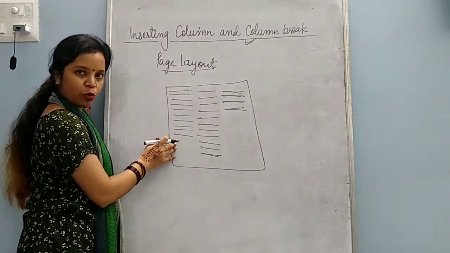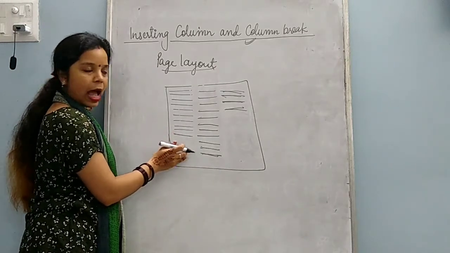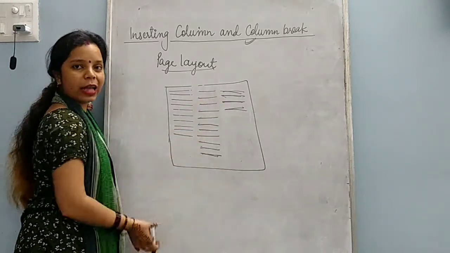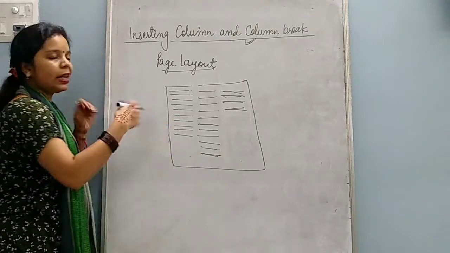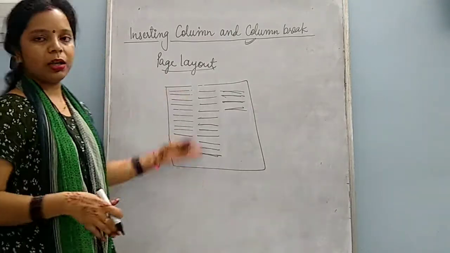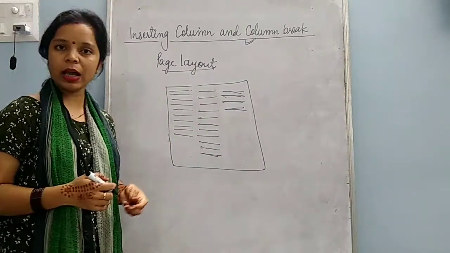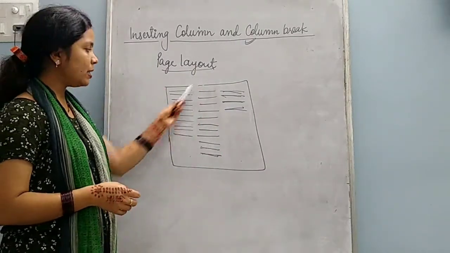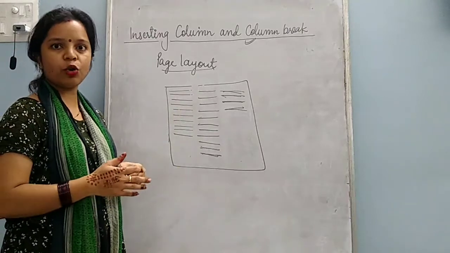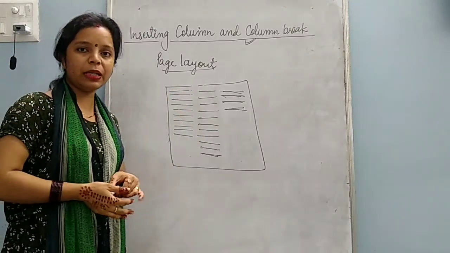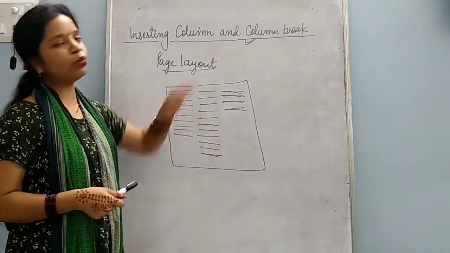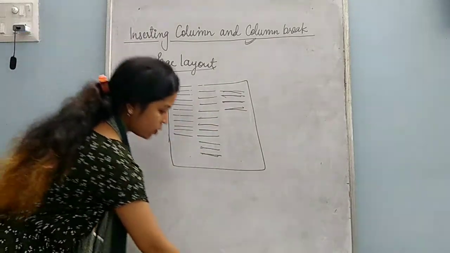What does this column break do? It breaks the column and then it balances the columns on that page. So only for balancing the text in columns, we use this column break option, which is also present on the page layout. It balances your columns in a sequence. If your columns are not coming properly on a page, to balance that, we use this column break option.